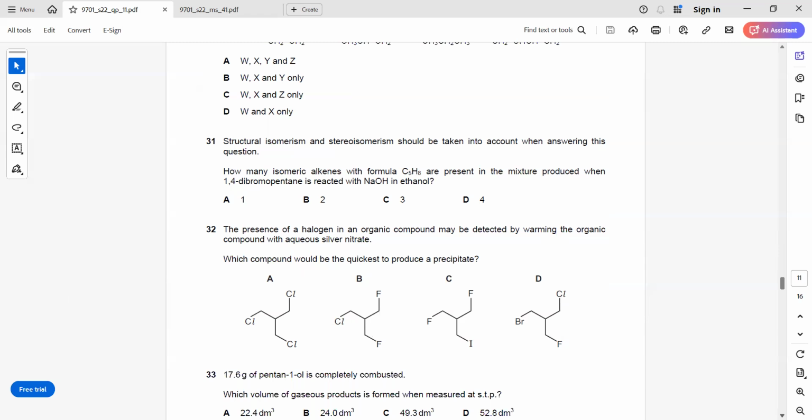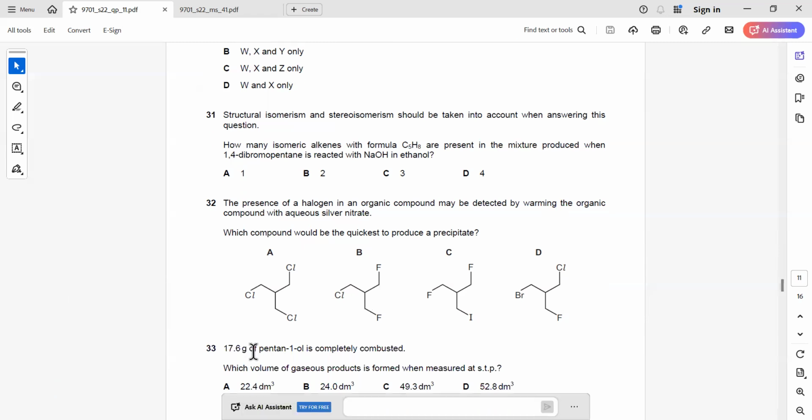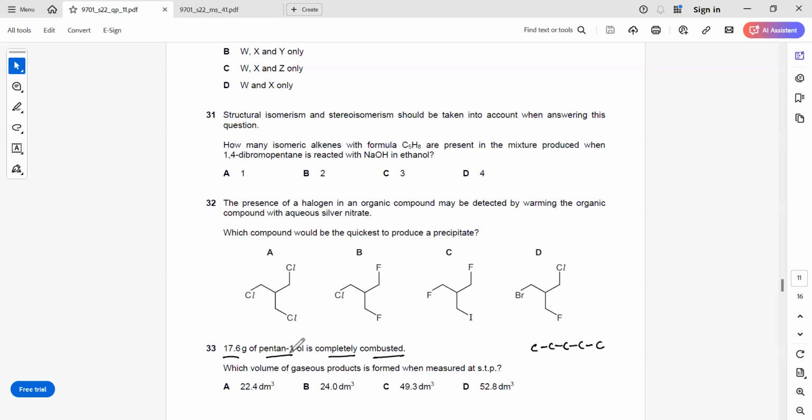In this question, they are saying 17.6 gram of pentan-1-ol is completely combusted. So the structure, first of all, pentan-1-ol: 1, 2, 3, 4, and 5. It's a pentane, and there is an OH group. The rest are hydrogens,